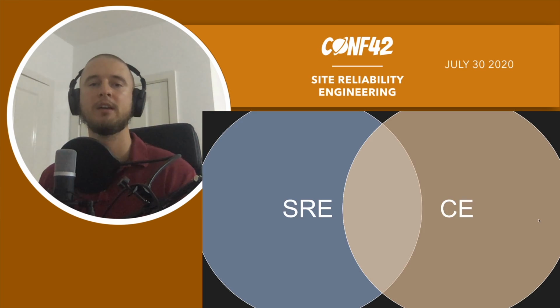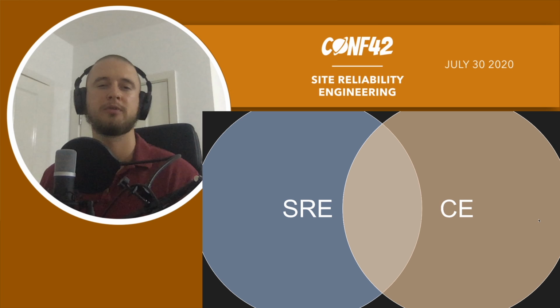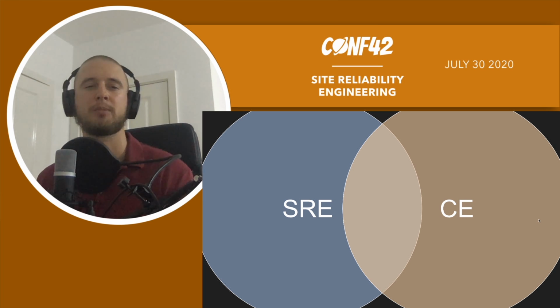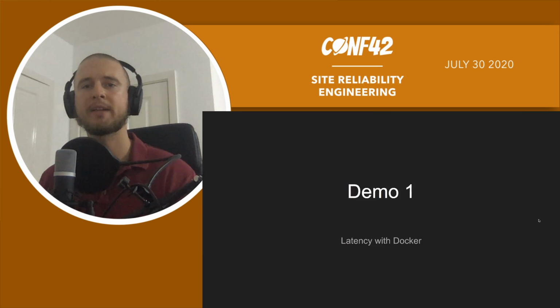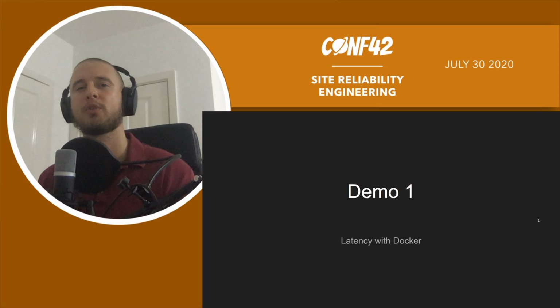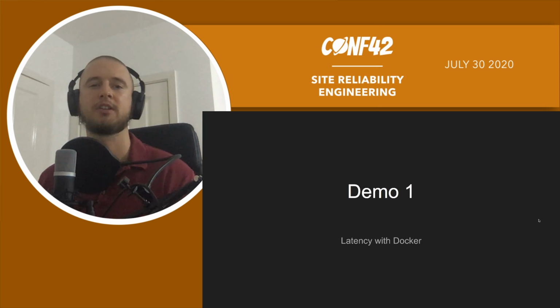Okay, so just to show you, the overlap is big. I felt like the previous slide was showing the overlap as a little bit tiny, so I zoomed in here. And I would like to now show you a little bit more in practice what I actually mean when I say that chaos engineering can be leveraged for SRE. So let's jump to my first demo.